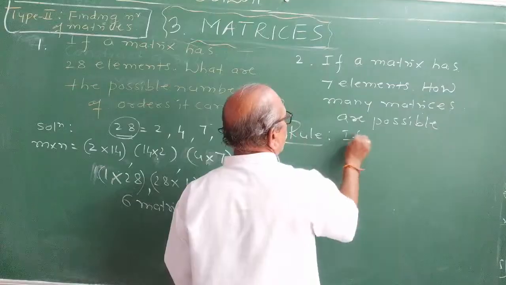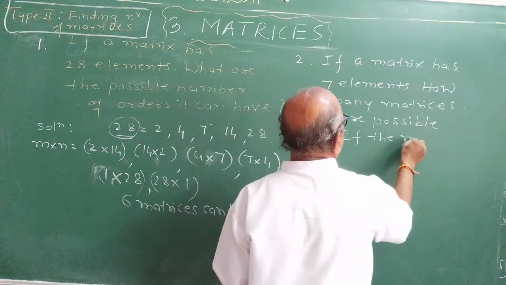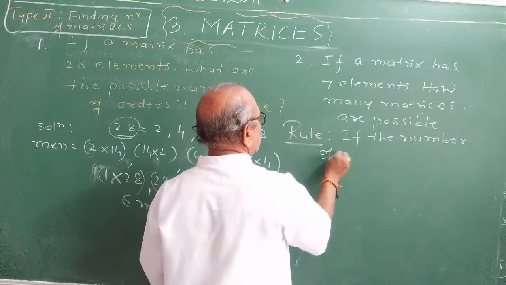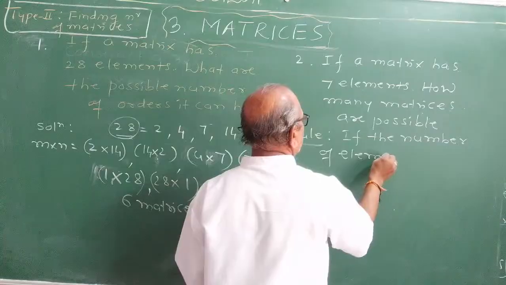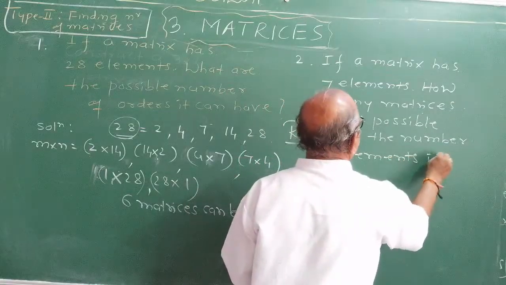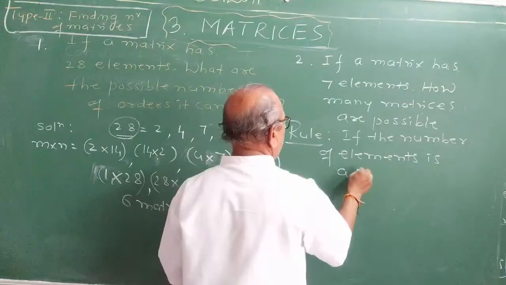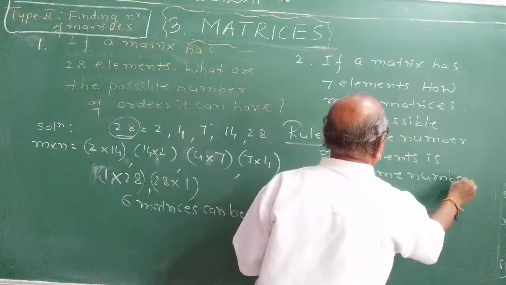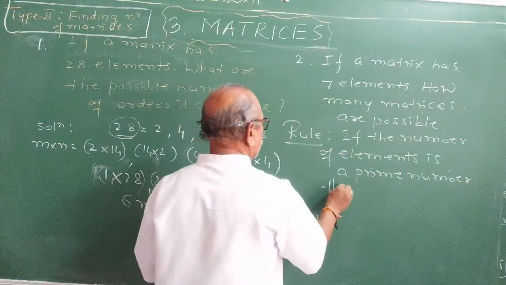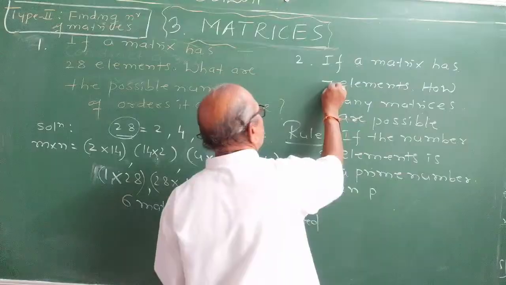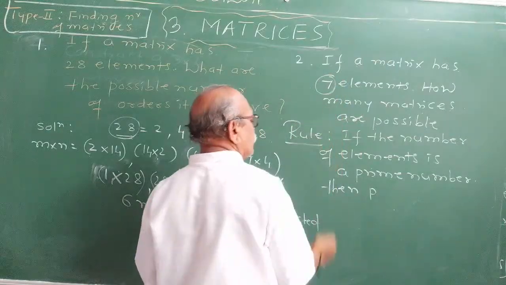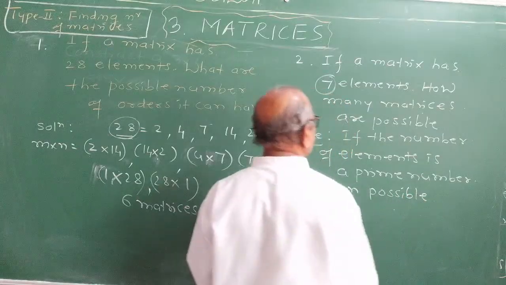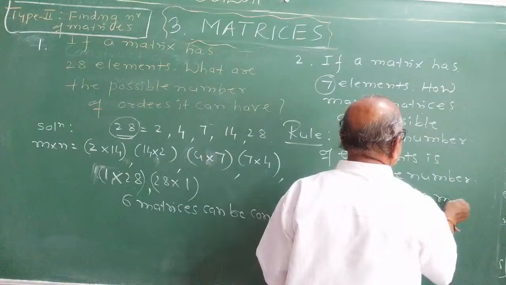If the number of elements is a prime number, then, because prime numbers have only the divisors one and itself, possible matrices will be